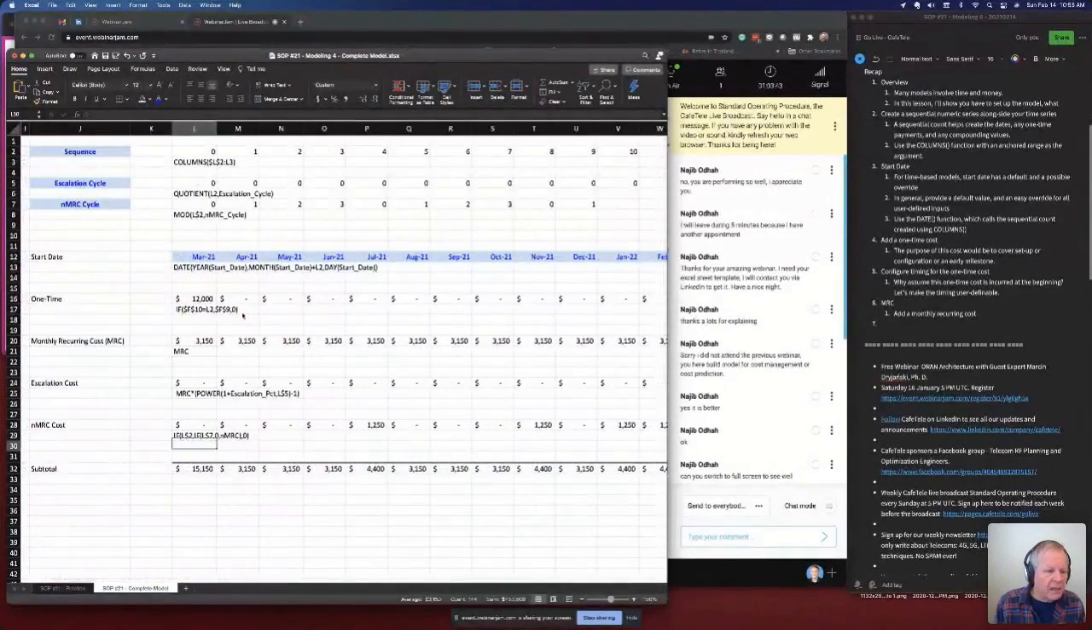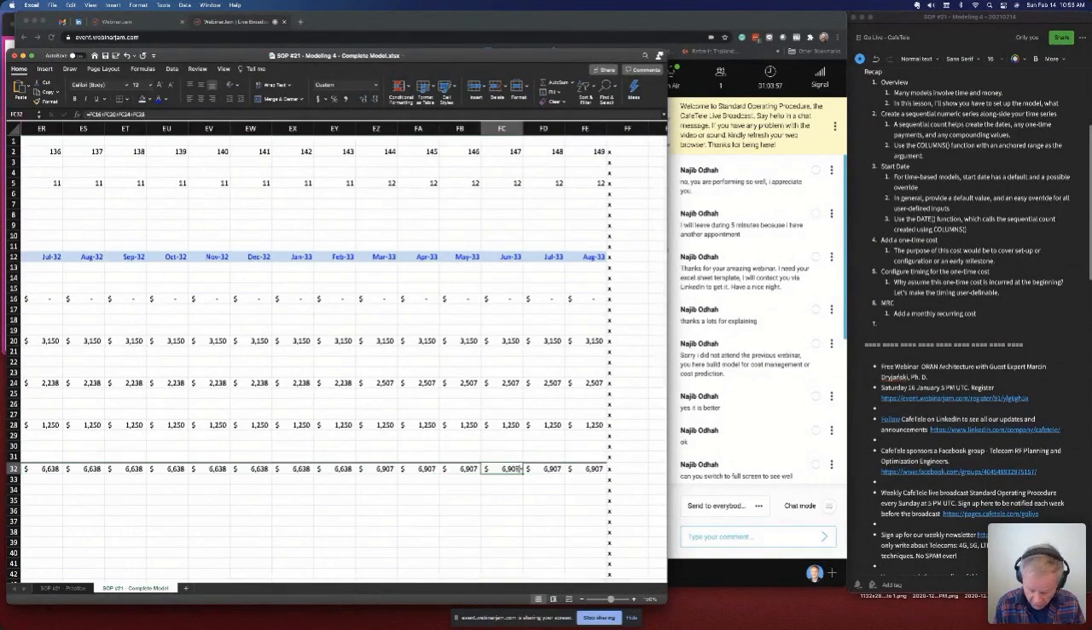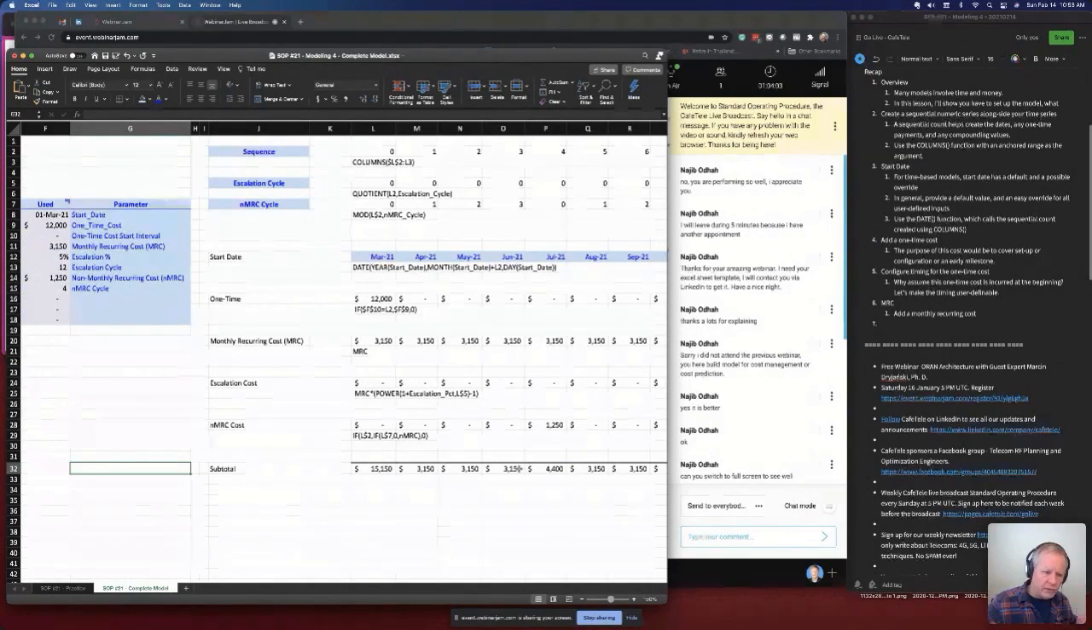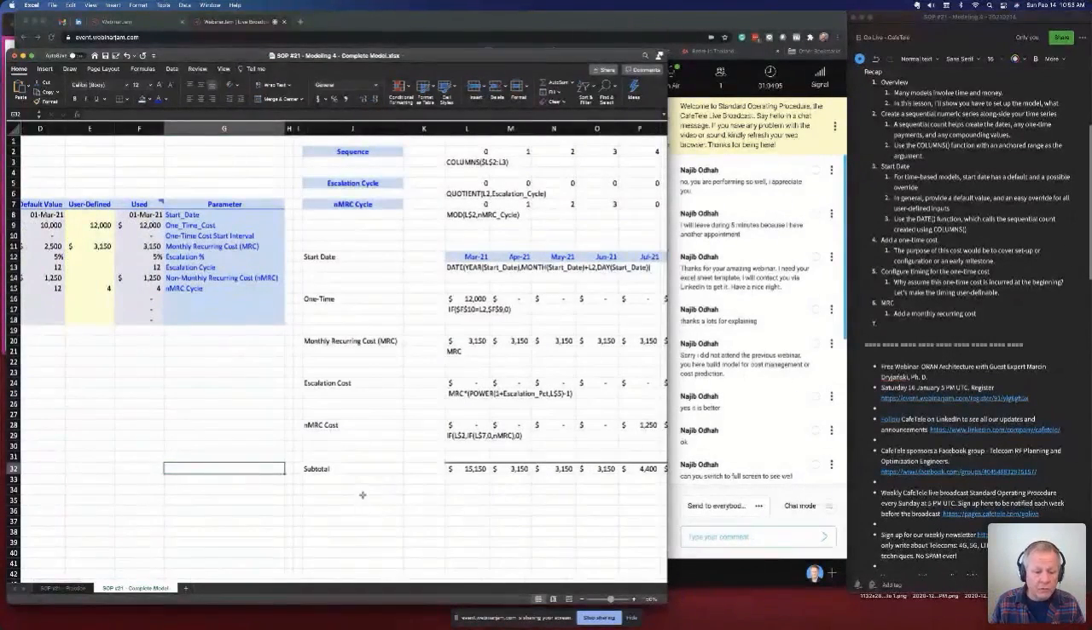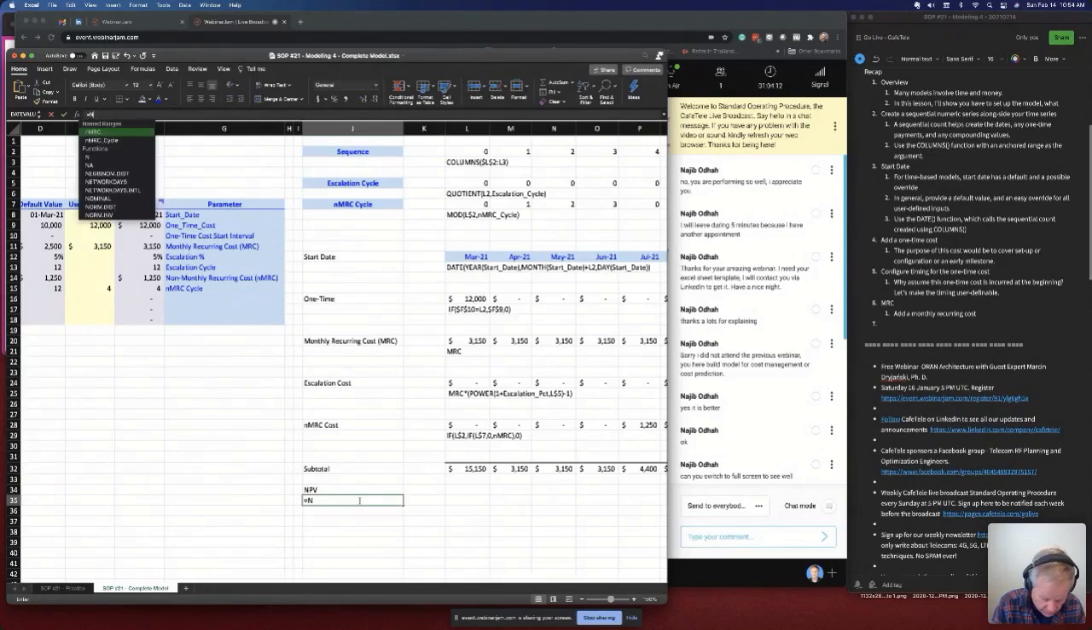Okay, so now we have the subtotal here, right? So you can see you add up for 149 months, the value here is $825,000. But the last thing, anytime you want to calculate the value of something going forward in time, you use the net present value function. And the net present value